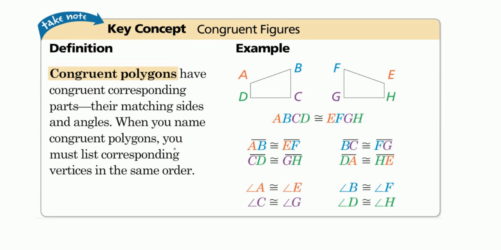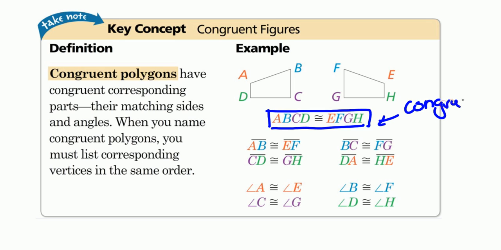So, congruent figures. Congruent polygons have congruent corresponding parts. They're matching sides and angles. When you name congruent polygons, you must list corresponding vertices in the same order. So, the most important part about naming congruent figures is this congruency statement. This is a congruence statement. And this is a very important statement because this statement tells me exactly what parts are equal to each